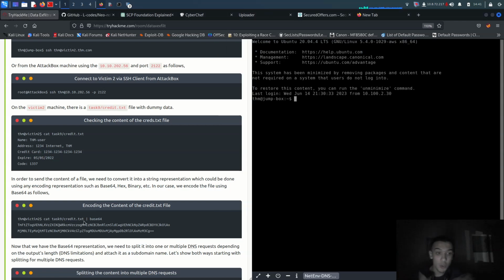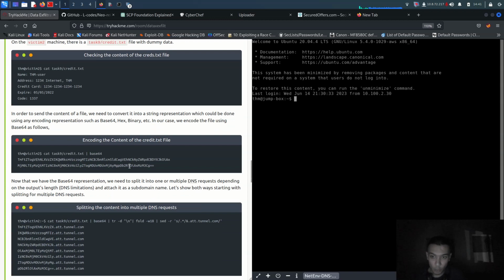We have to use tar and base64 encoding on this information. So that means, as we got before, we have to use this, or tunnel.com. So now that we have the base64 representation, we need to split it across multiple DNS